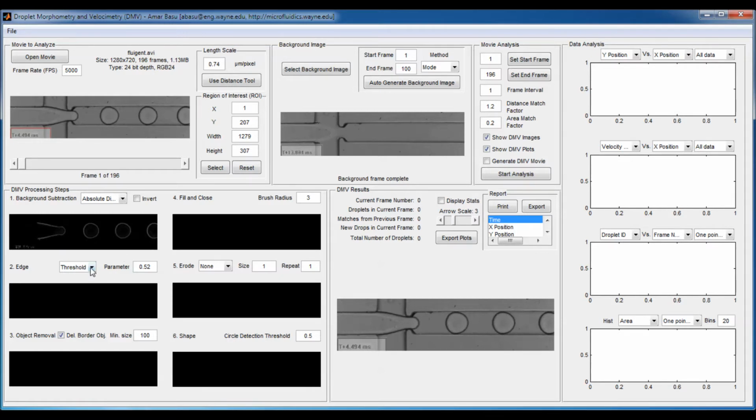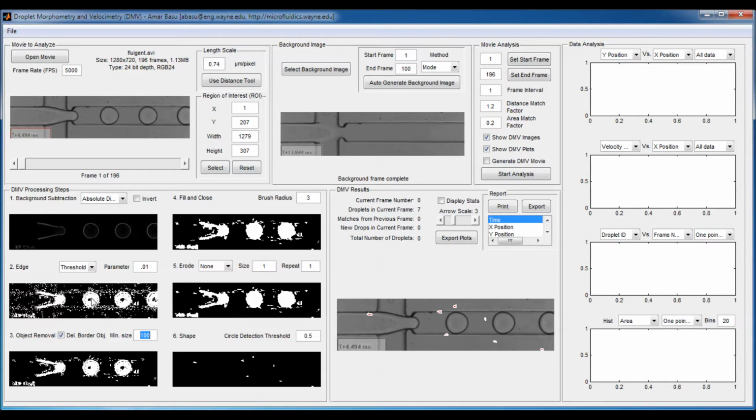The first method is called threshold edge detection, and this basically thresholds each one of the pixels. Anything that's larger than a certain threshold will be set to 1. Everything below that threshold will be set to 0. And this is the threshold parameter that you enter, and it's going to be a number between 0 and 1. So if we set this to say 0.01, for example, if we set it very low,